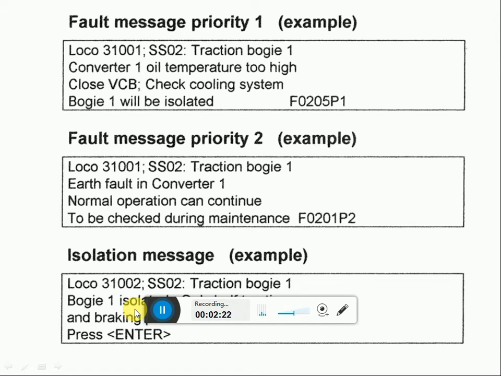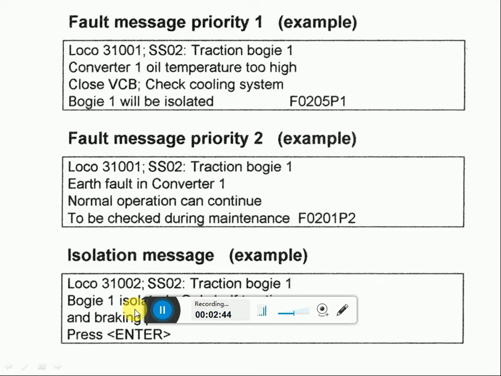We can see a message of F0205 P1: priority 1 message, subsystem 2, additional information bit 5. Along with P1, LSFI will blink and BPFA will glow.